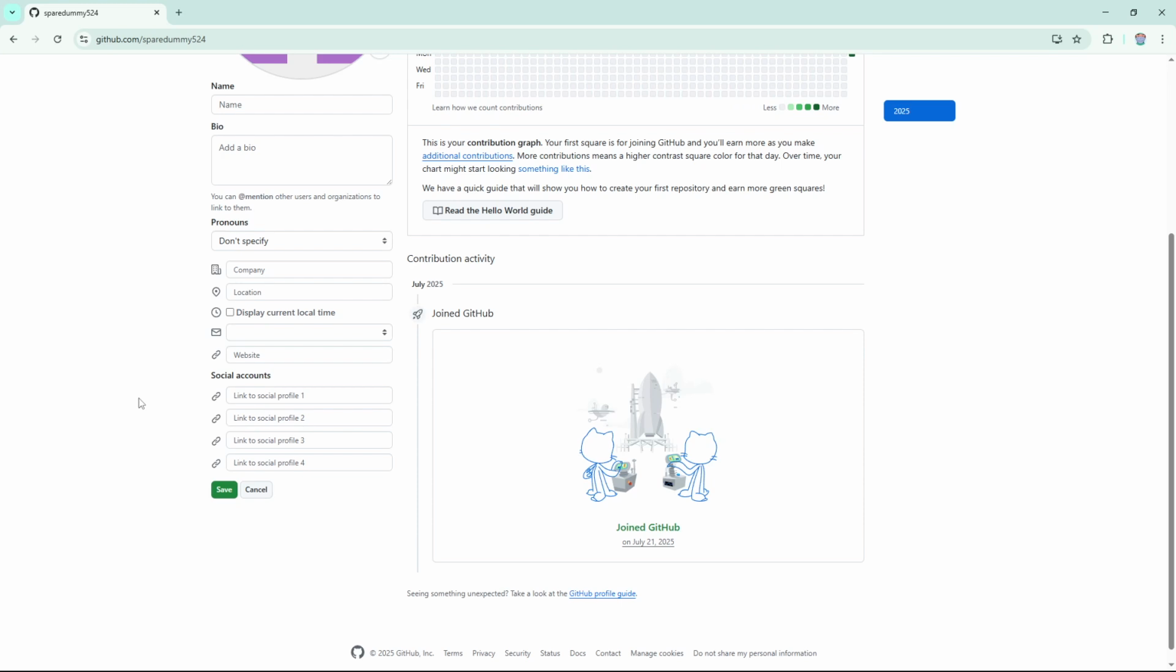Once you've entered all your desired links, the final step is crucial: clicking Save. This is located at the bottom of the page, ensuring that the changes you've made are stored and reflected on your profile. It's always a good idea to double-check by going back to your profile page just to make sure everything appears as expected. This simple process not only enhances your GitHub profile, but also potentially strengthens connections with the